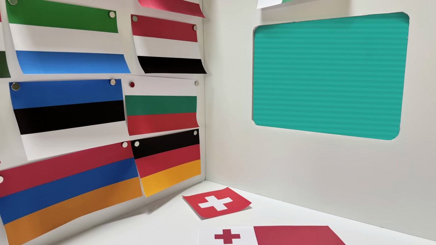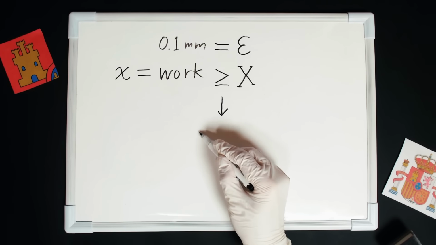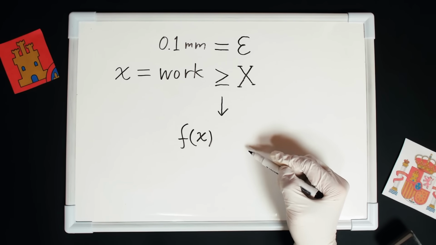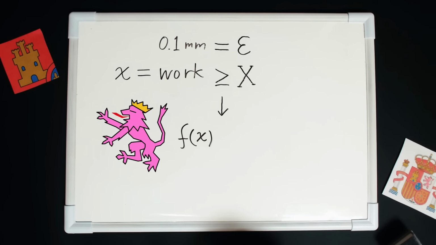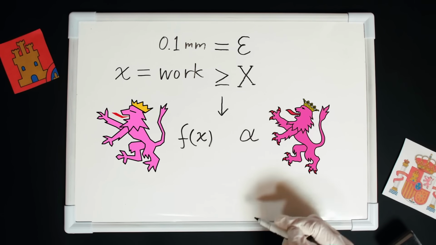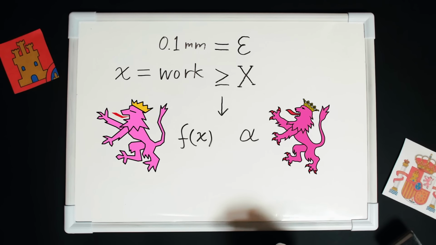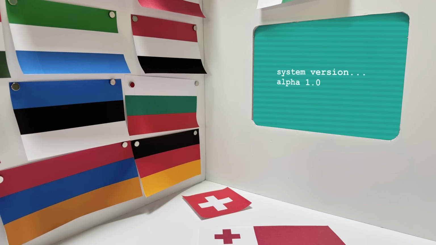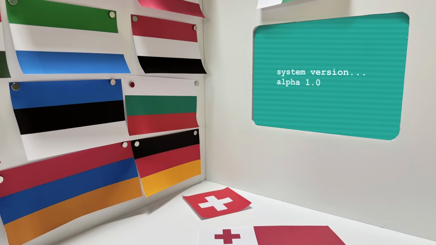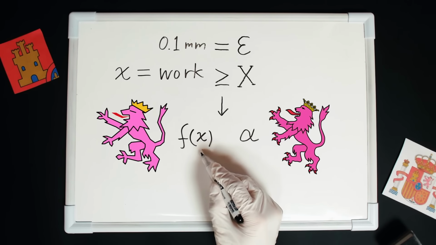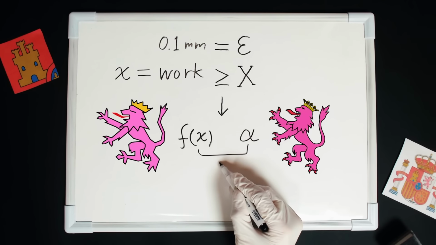Explain satisfied. Let's use more symbols. X is the amount of work as I said before, and I'll use F of X to denote the flag I draw by putting that much work. F is short for flag. And I'll call the original flag alpha, because it's the first thing. Like version alpha, which is the version of the system I am running on right now. Who asked? I mean, that's funny because you're such a beta. What? Okay, so by satisfying the judge, I mean the difference between our flag and the original flag alpha is